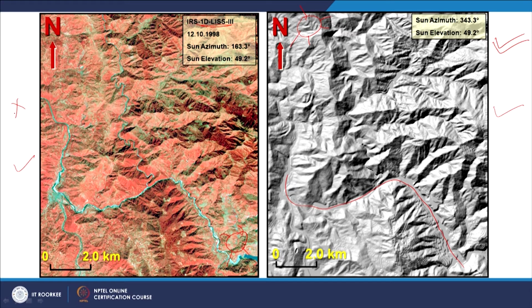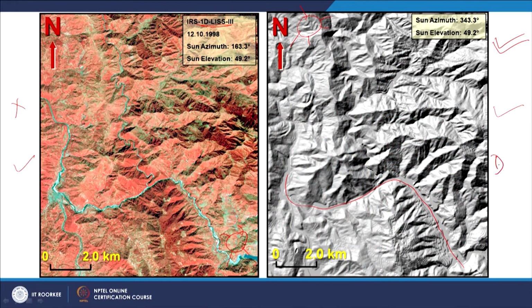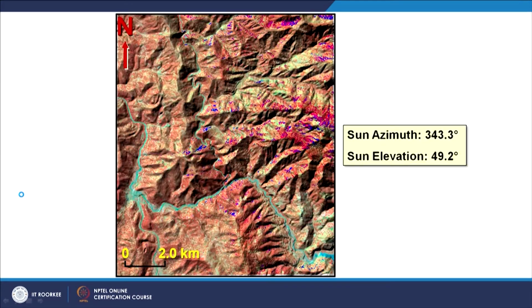So, this problem can also be solved by integrating these things, and this is what we have done. This product is from a digital elevation model. So, the DEM was used here, and of course, this satellite image was also used, and a new product has been generated which is not suffering now from FTPP, and the river can be seen as flowing in the valley. So, no false perception, a true perception of Himalayan terrain.